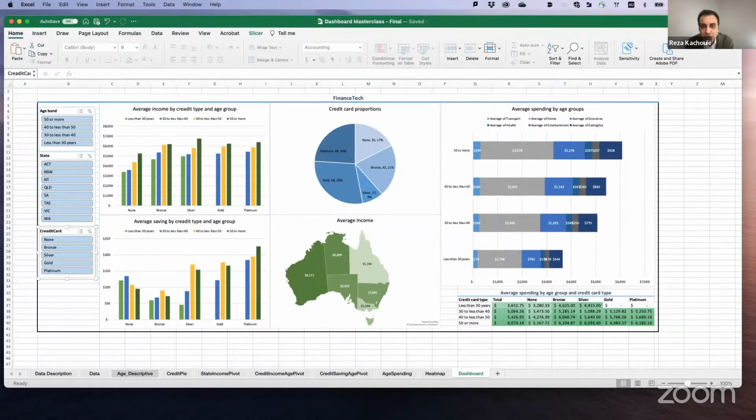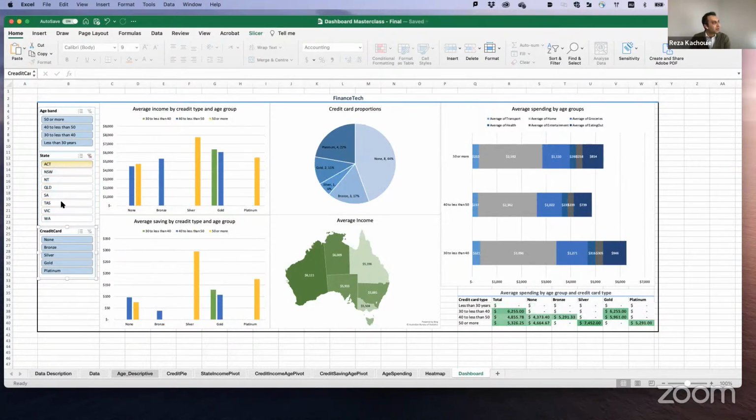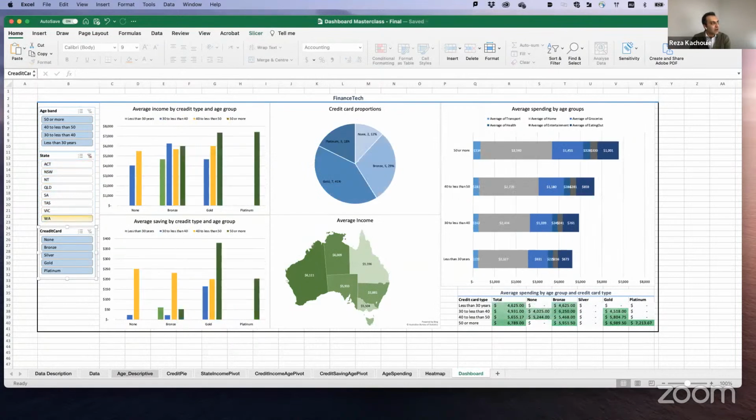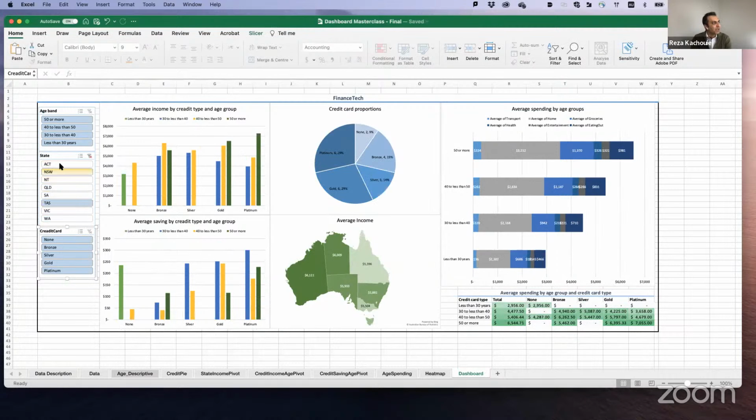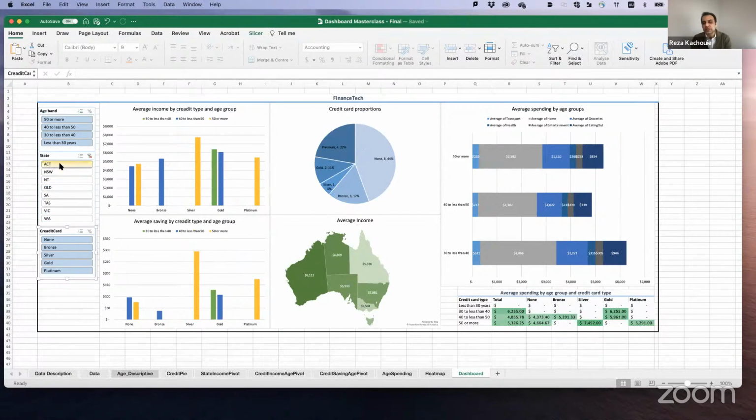Pravinda, couldn't we just copy and paste the heat map values onto the dashboard without a formula? No, because it is not updating. Now, look, we have that state. When we select the state, I link the slicer state to this one. It is updating. If you just copy and paste, usually it is not working, especially when you have empty cells.